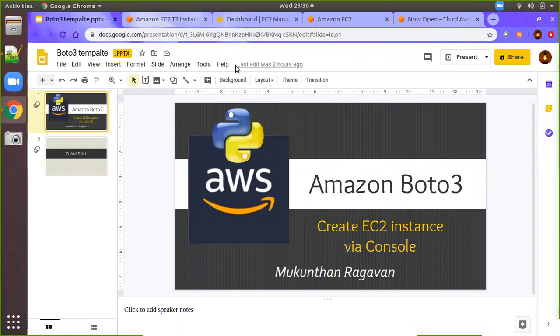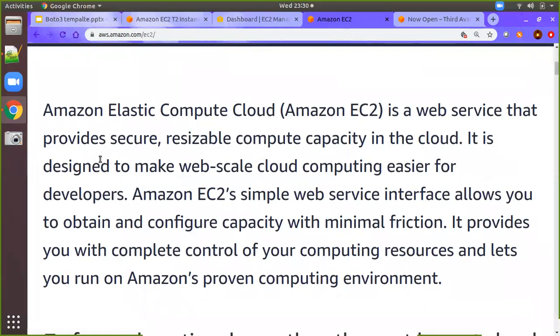First point, before proceeding, for whoever does not know about EC2, we will just have an introduction. EC2 is nothing but Amazon Elastic Compute Cloud, shortened to EC2. It's generally like you are creating a server inside your AWS cloud. You may find a more detailed definition on this site, which you can refer to later. Then we are going to see what things to note before starting the EC2 instance creation. Now you will know that an EC2 instance means you are creating a server inside your AWS cloud.